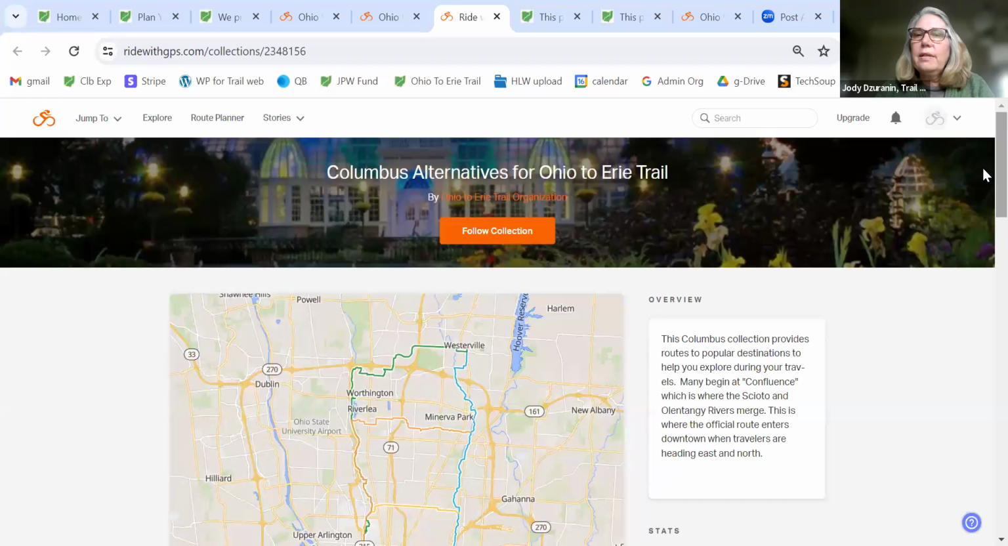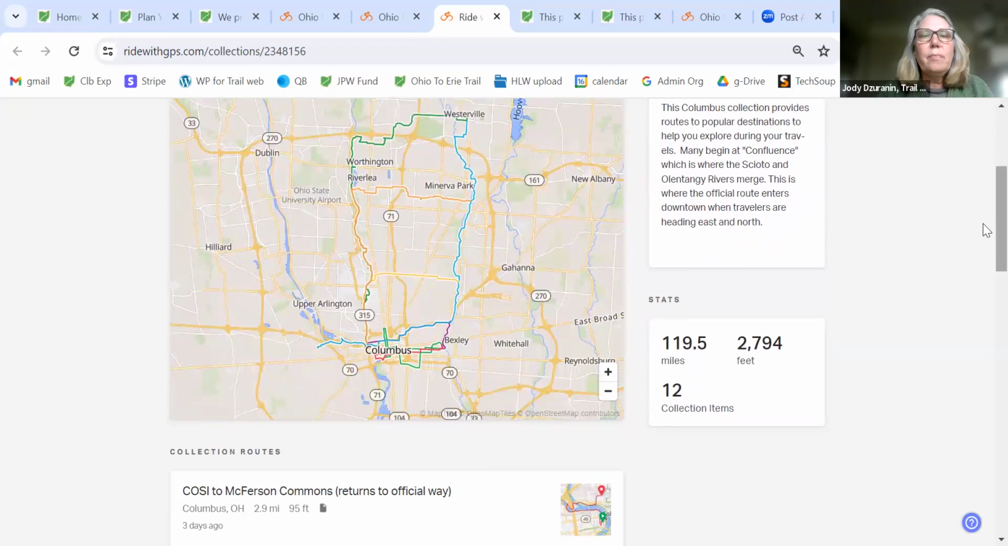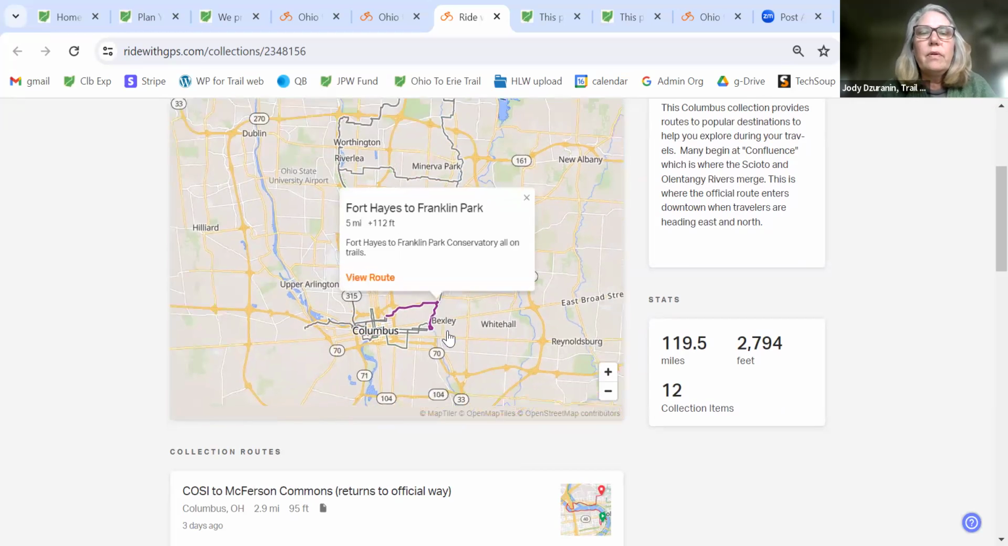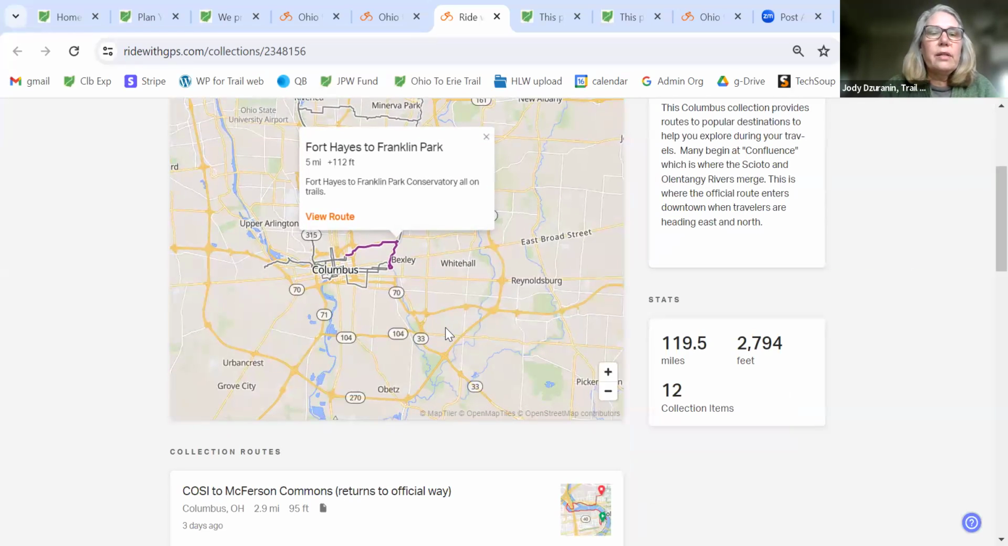The nice thing about these collections is this map comes up that shows you all the routes in this collection. So you can kind of highlight the one you want. So let's say we're going to do this one, the purple. Fort Hayes to Franklin Park. Now that's all on trail,